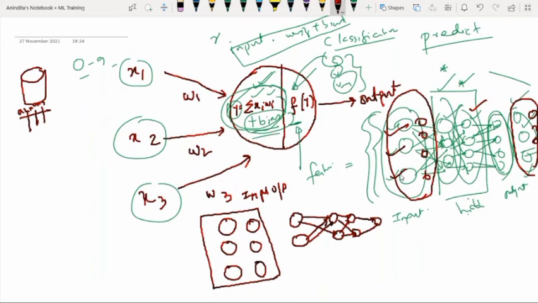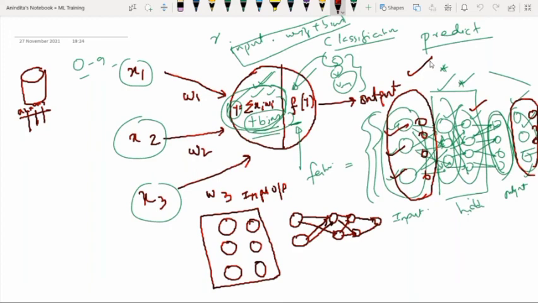Actually, this is possible in Python. It is also possible in R. After designing the code, we can automatically create the architecture of the neural network. We don't have to draw this kind of neural network. Whenever you give some input and it performs a classification task, it will automatically give you the architecture of the neural network as output. After the end of this class, I will share one video where you can find how beautifully these architectures are automatically created in the case of Iris flower classification. You just see the output.